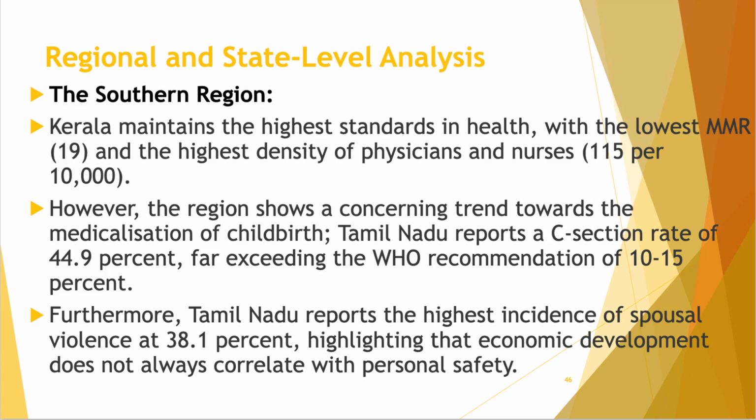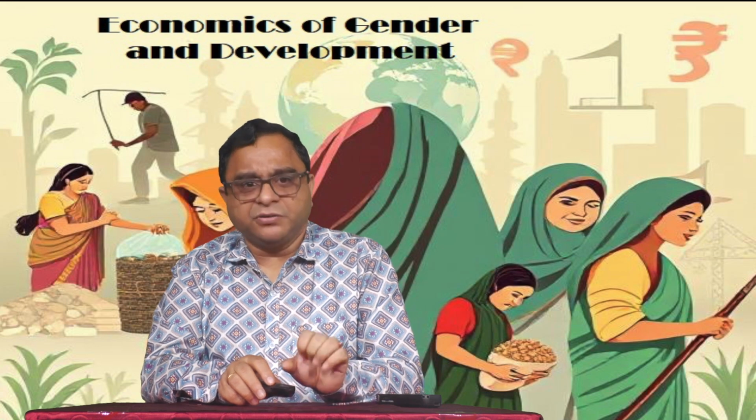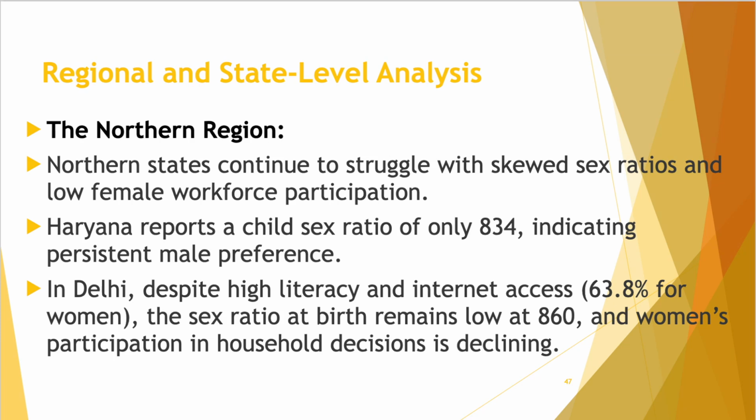However, the region shows a concerning trend towards the medicalization of childbirth. Tamil Nadu reports a C-section rate of 44.9%, far exceeding the WHO recommendation of 10 to 15%. Furthermore, Tamil Nadu reports the highest incidence of spousal violence at 38.1%, highlighting that economic development does not necessarily correlate with personal safety. And in the northern region, we see that northern states continue to struggle with skewed sex ratios